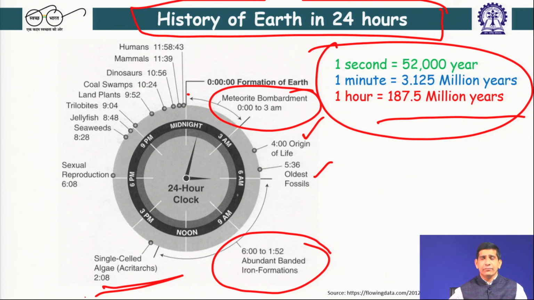And when we say hours, these are basically trying to put the entire history of Earth on a 24-hour scale. Then we saw some reproduction happening. We have seaweed, jellyfish, land plants, then dinosaurs. After dinosaurs went, we had mammals. Then we have humans, and the humans, as you can see, are at less than 2 minutes of our existence. And if you look at the Homo sapiens, the way that we exist today is actually